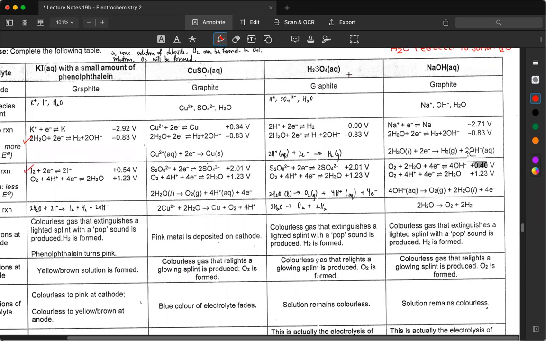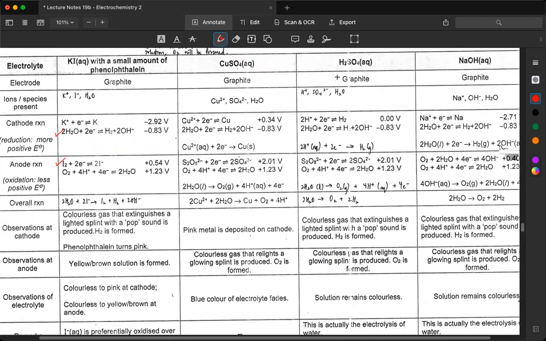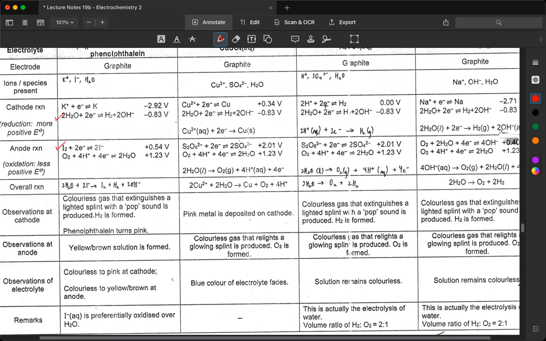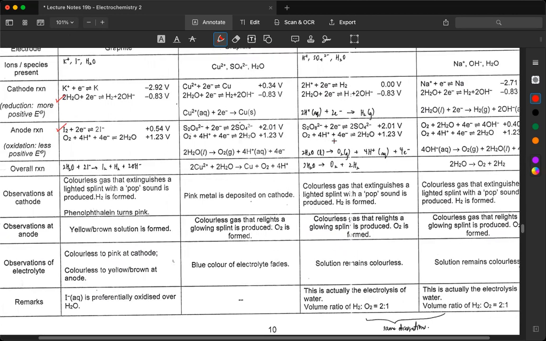When we have H2SO4 as the electrolyte, graphite is still the electrode. We have H+, SO4 2-, and H2O, aqueous. So between water and H+, the one with the more positive E0 value will be reduced, which is H+. As for the anode,